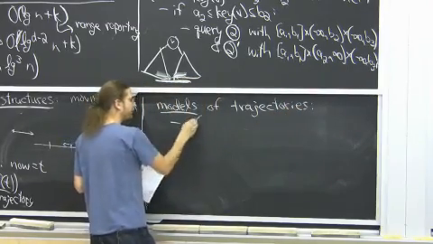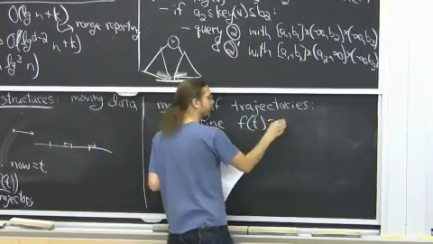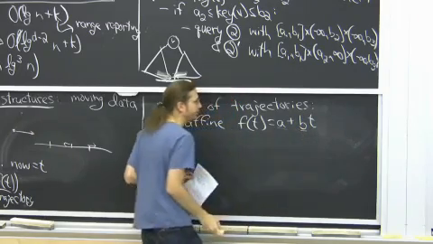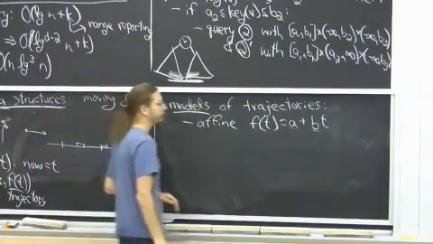The simplest one would be affine: f of t equals a plus bt. A and b here would be points in d dimensions, or just values in 1 dimension. So this is saying you